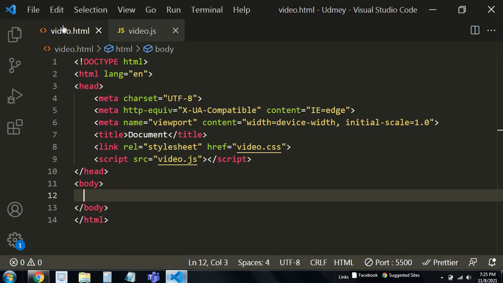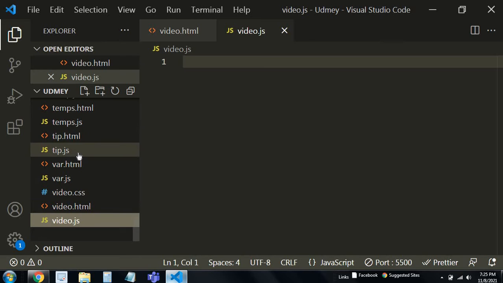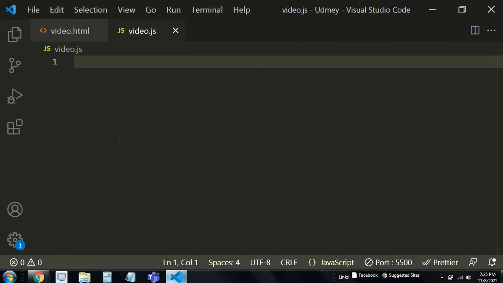So if then else. So here, of course, I'm using the same file again and again for many videos. So it's not necessary. You can just create files for different topics, like I have so many files over here for different topics. You don't need to do that. You can just maybe write 200 or 300 lines of code, then you can change the file. But I thought it would be a good idea to make separate files for separate topics. That's why I did it like that.